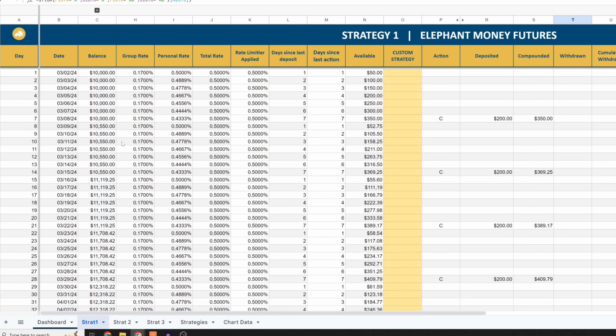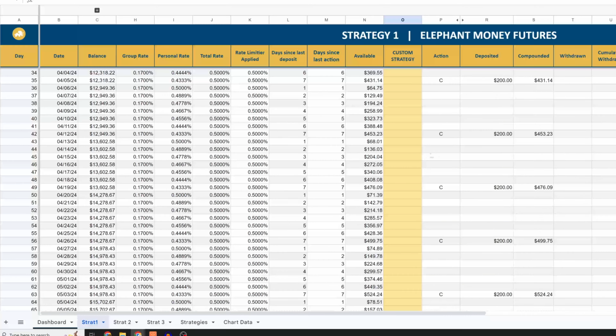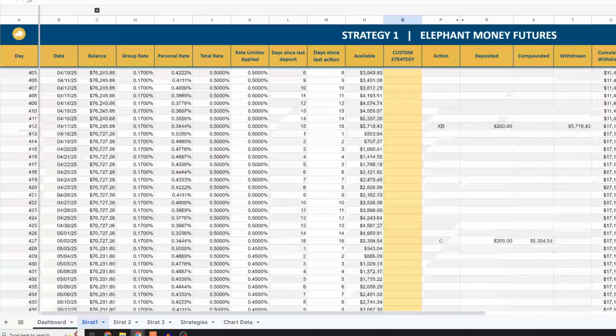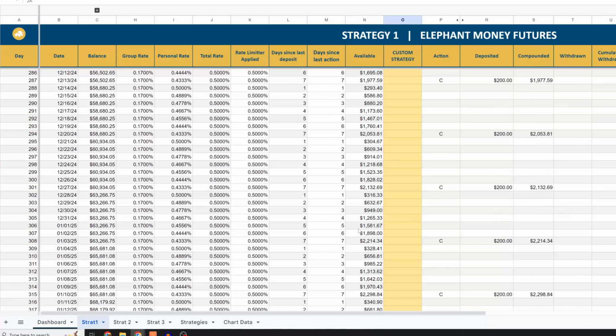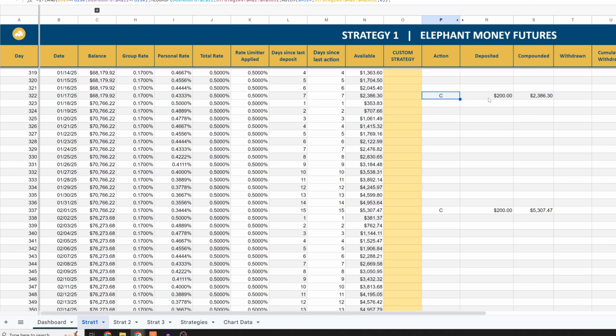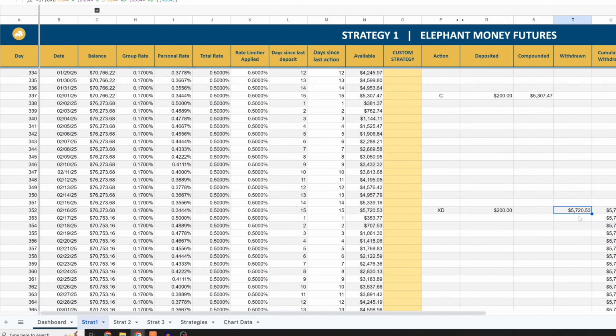If we break down the numbers, we'll see here that on day 1, we start with $10,000. And we're going to compound, designated by the C here, every 7 days. We're going to be disciplined and we'll compound for a total of 322 days, so a little less than a year. At this point, this will be our final compound that will bring our account over $70,000, in which we'll then begin phase 2, where we wait 15 days, complete a compound, and then we wait 15 days and claim the balance, which will be